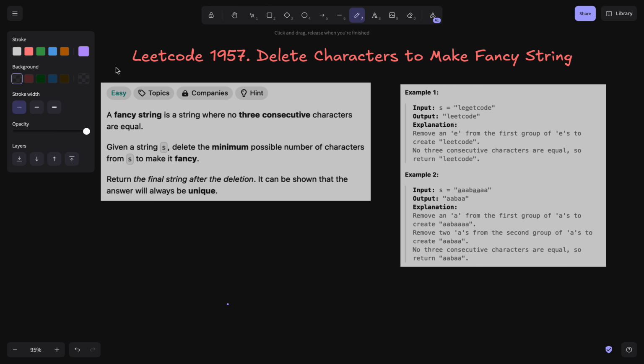Today we'll be solving Leetcode 1957. The problem name is Delete Characters to Make Fancy String. It is an easy level question of Leetcode, and what the question is saying is that we are given